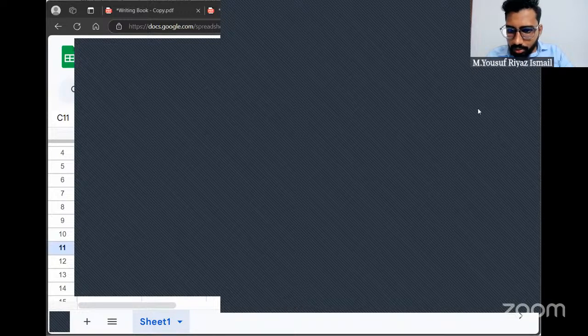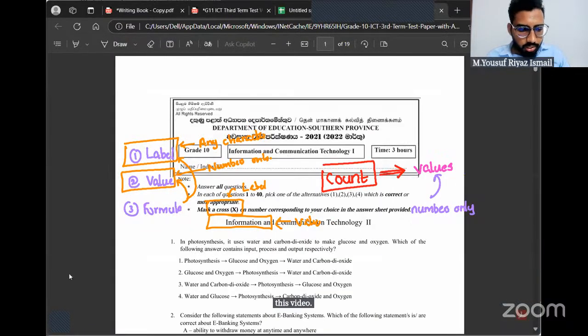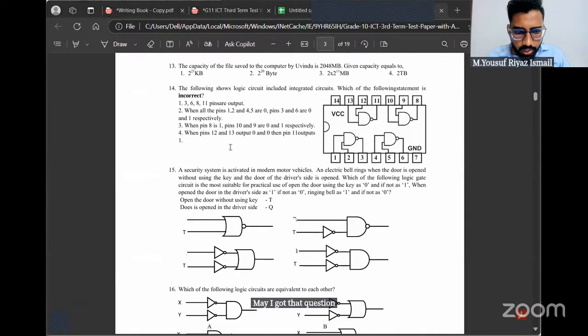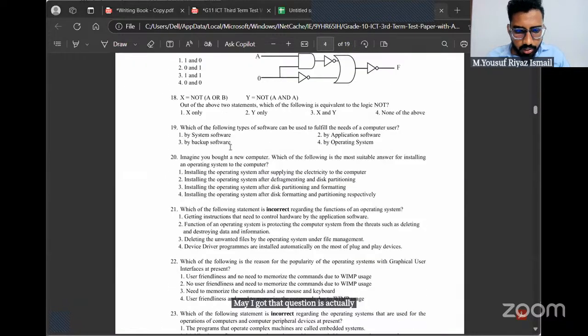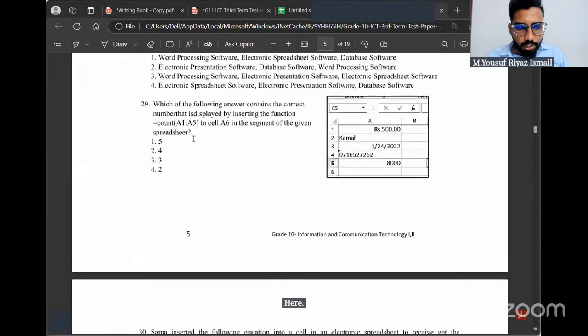Not this PDF, this PDF. Clear all drawings. Where I got that question is actually here.